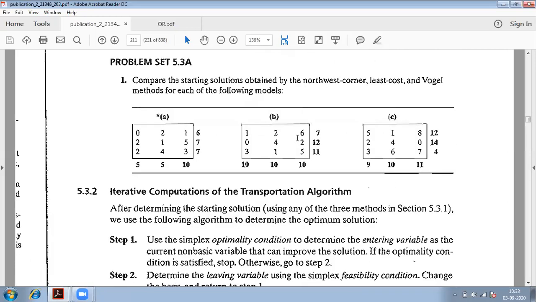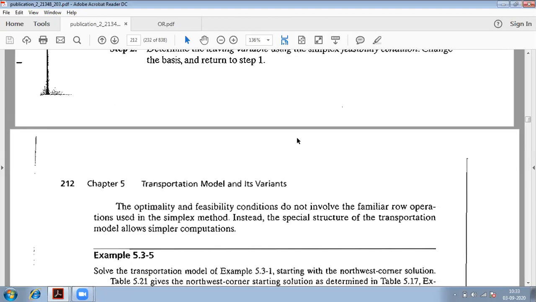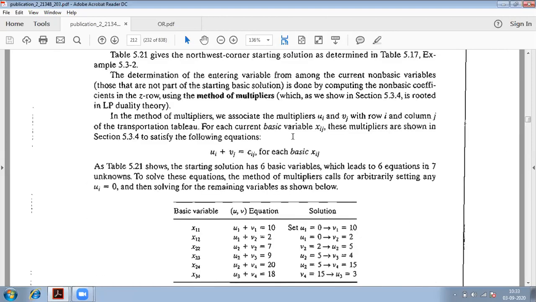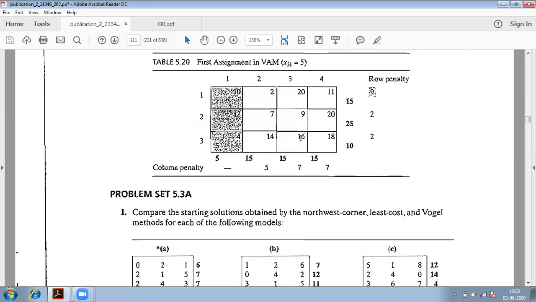So 16 minus 9, how much? It is 7 as usual. This is 20 minus 18, which is 2 only, and this is 2 only, and this is also 20 minus 9. That is the maximum penalty. So in the least cost cell, you can allocate a maximum to this particular cell. So allocation maximum means